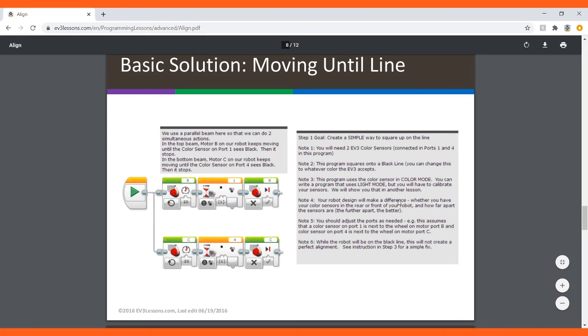And your robot design will make a difference whether you have your color sensors in the rear or front of your robot and how far apart the sensors are. The further apart, the better, but you don't want them too far apart. And you should adjust the ports as needed. For example, this assumes that a color sensor on port 1 is next to the wheel on motor port B. So as you see here, we have 1,